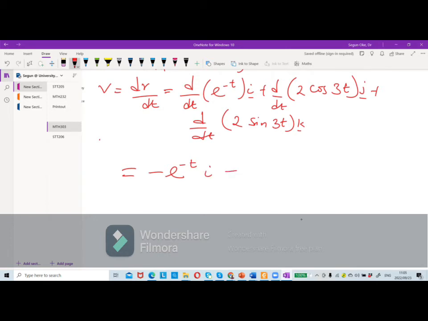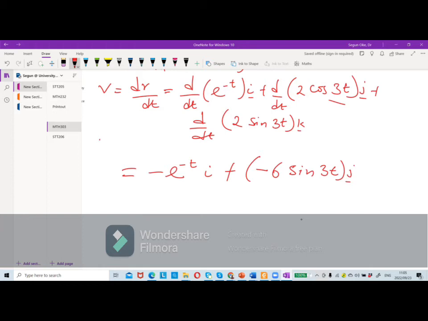The same thing happens to our cos. When you are differentiating 3 cos 3t, it will be what? Negative 2 times 3, 6 sine 3t